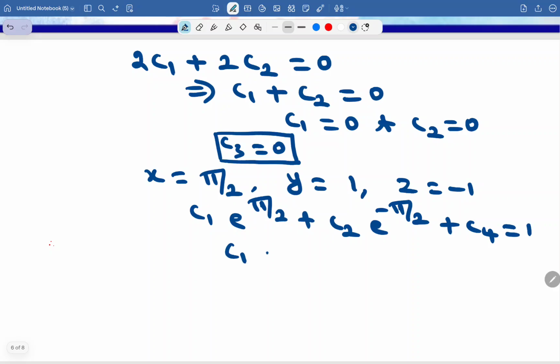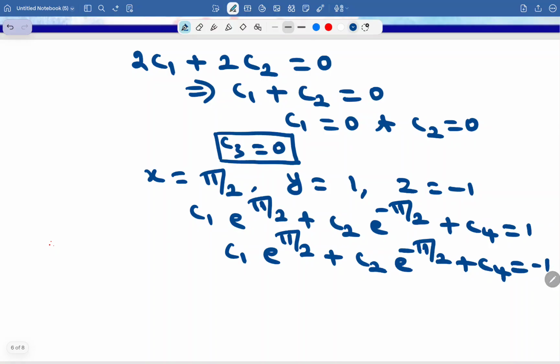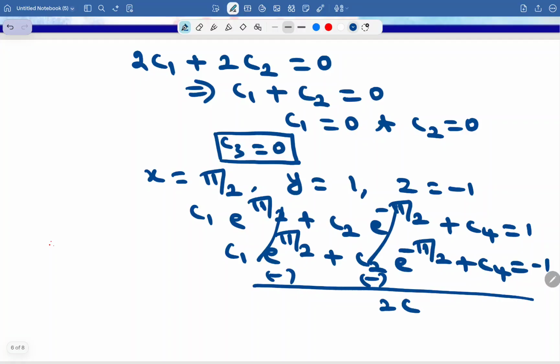From 2, C1 e power pi by 2 plus C2 e power minus pi by 2 plus C4 equal to minus 1. Solving these two, these two cancel, 2C4 which is equal to